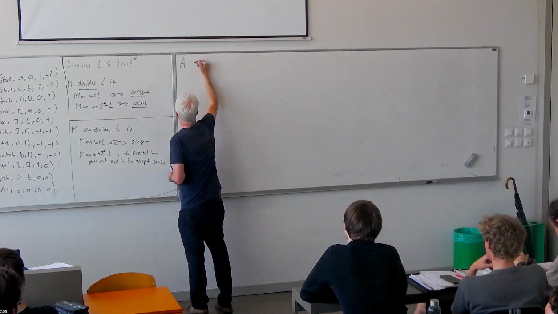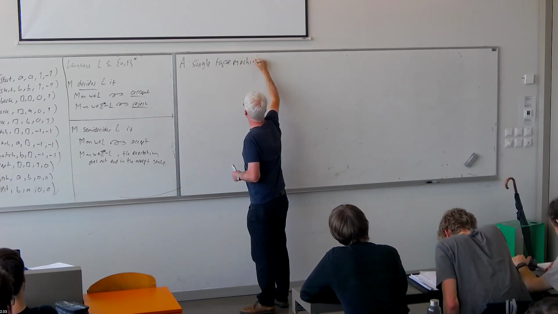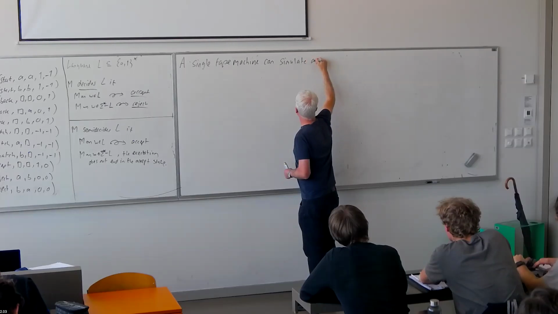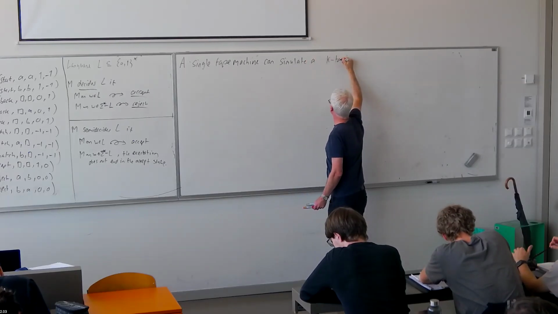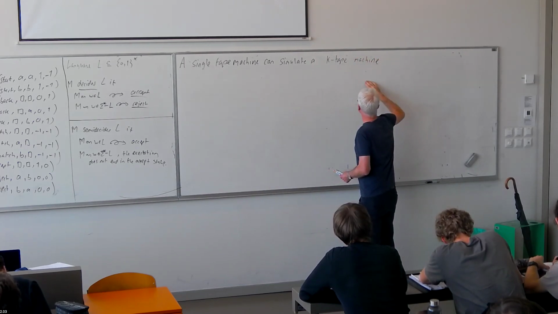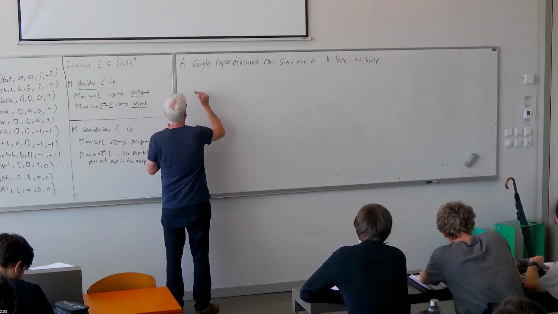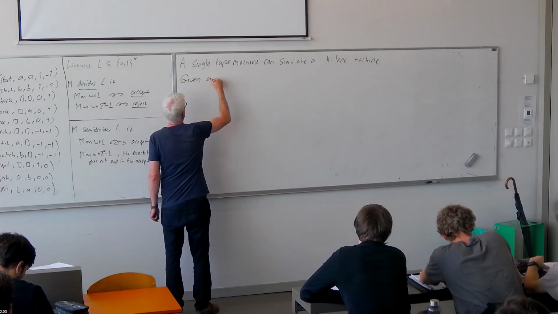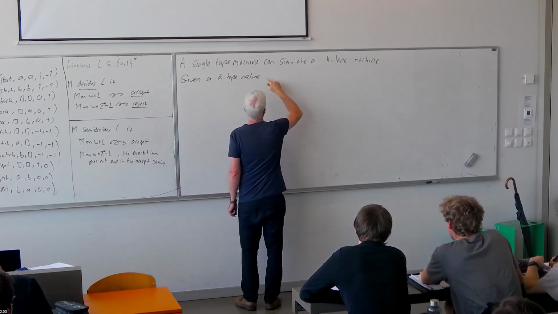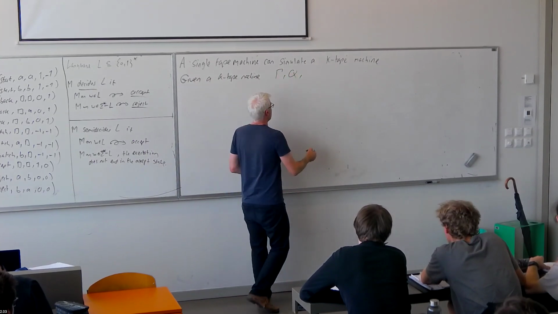So a single tape machine can simulate a K tape machine for any fixed K. So, given the K tape machine with some tape alphabet Gamma and Q set of states,